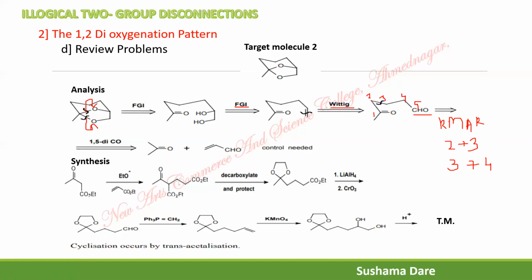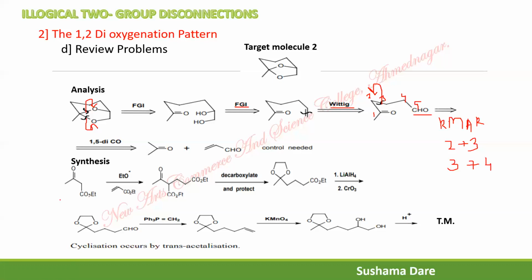But here, which is the best? 2,3 is the best or 3,4 is the best? As you know, for Michael reaction, you need to have a mild reaction condition. If you disconnect the 2,3 bond, from this side we will have ethyl acetoacetate. Therefore, 2,3 disconnection is best as compared to 3,4 disconnection. Though number 2 and number 4 are equally substituted, the preference is given to 2,3 disconnection because the Michael donor we can easily get from CH3CO-CH2 minus, the best synthetic equivalent being ethyl acetoacetate.